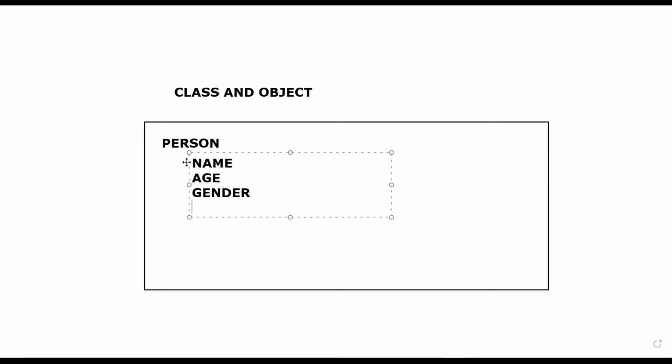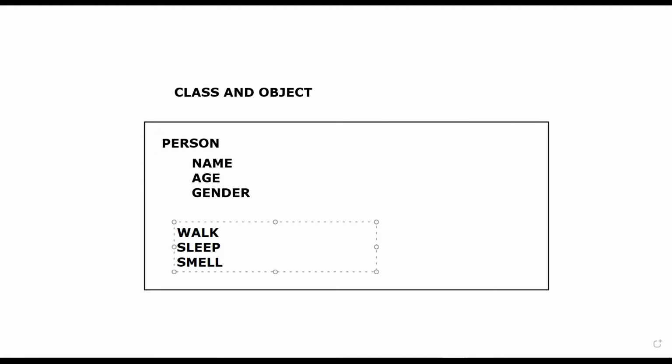After that, I can associate some activities with a person. Activities which are common and associated with any person are that they can walk, they can sleep, they can smell. So these are some common functions which they can perform. Now, as I was telling you, just consider this person as a base architect on top of which different objects can be created. Now, let's relate it with the house.